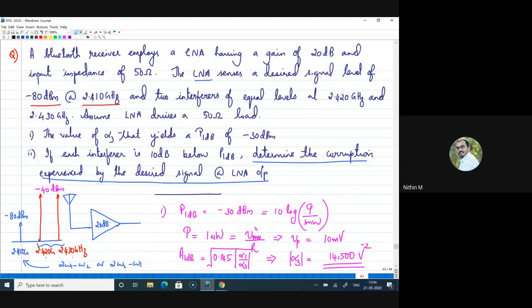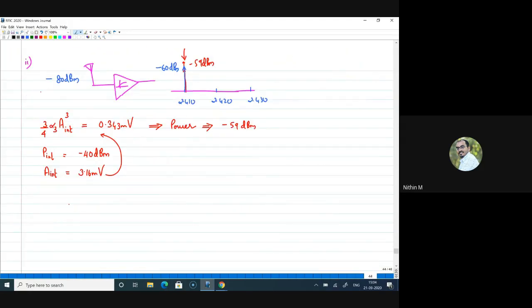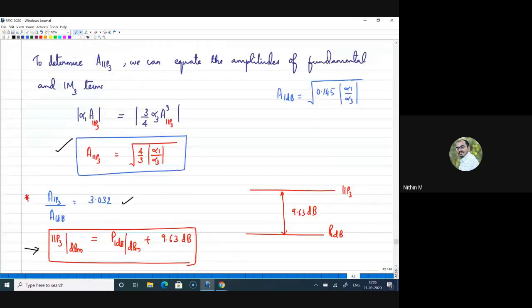And after that, we looked at this numerical, and we saw how the intermodulation product will corrupt, right? So one thing to note here is that since your IP3 is 9.63 dB more than the 1 dB compression point, we know that even at the 1 dB compression point, after that point there will be compression of the gain, and the system is becoming heavily nonlinear. So if I'm looking for a value which is 9.63 dB away from the 1 dB compression point, definitely our system is heavily nonlinear. There is no doubt in that.